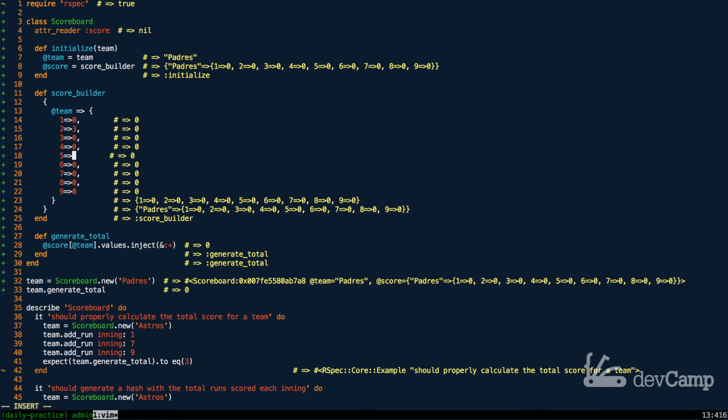Now, what happens if I hard code a few of these in? So I added 3, 4, and 1. So my total should now be 8. If I run the code again, you can see that it is working and the total is at 8, which is perfect. I'm going to undo these. If you're following along, make sure you undo it as well, or else you're going to end up with some